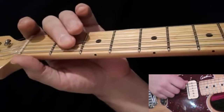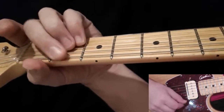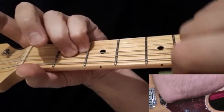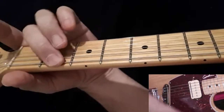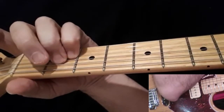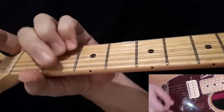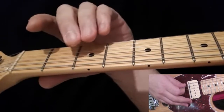So you're going to hammer on that note there. And then your upstroke is this chord. Like that. So you go downstroke, hammer on. So just one, and then you come back up. And then the second time or third time,